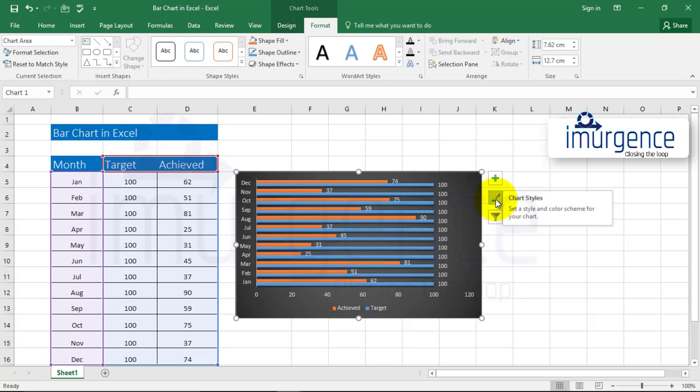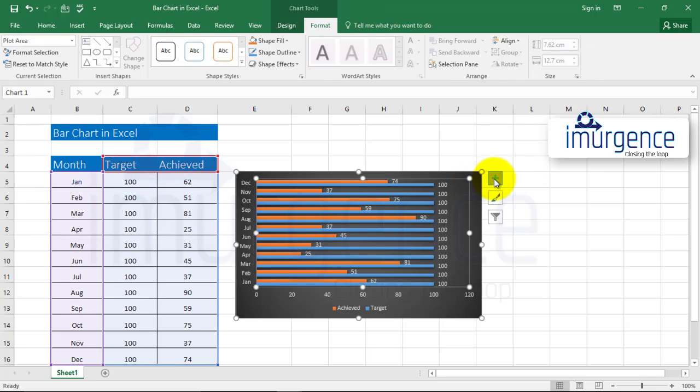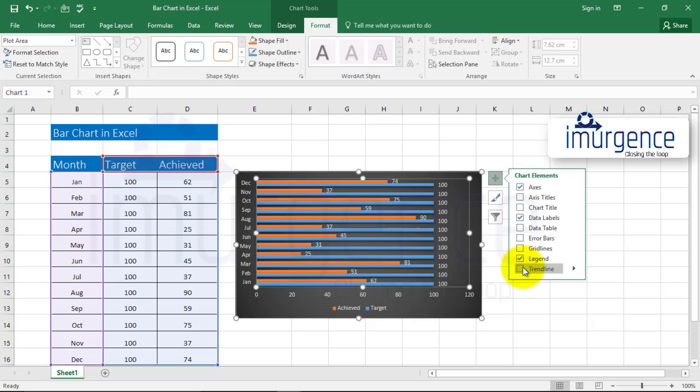These options again are chart styles, so you can choose chart styles from here. And if you click on plus, then you can choose the various chart elements. All right. Try experimenting with these and you would find that Excel is such a beautiful thing to help you